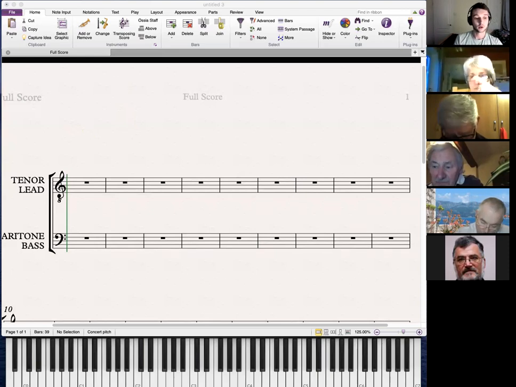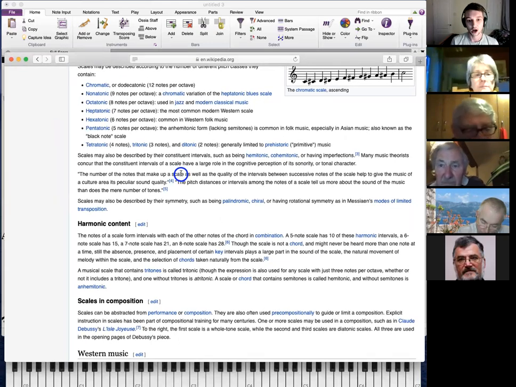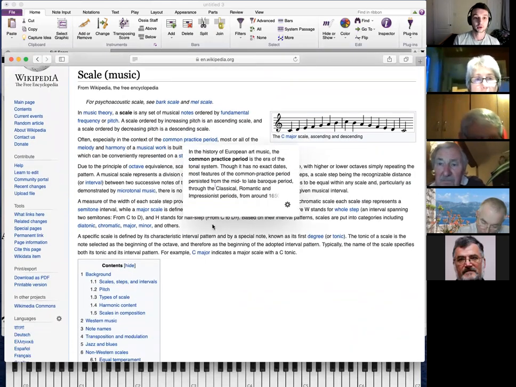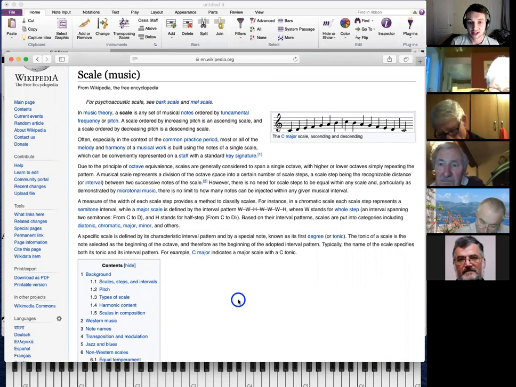So first of all, I thought what I'd do is go over, I know it's not a very credible source at the best of times, but the Wikipedia entry for music theory. Actually, with Wikipedia, I found it's quite accurate. So the Wikipedia entry for scales, what they are, the definition. A scale is any set of musical notes ordered by fundamental frequency or pitch. A scale ordered by increasing pitch is an ascending scale, and a scale ordered by decreasing pitch is a